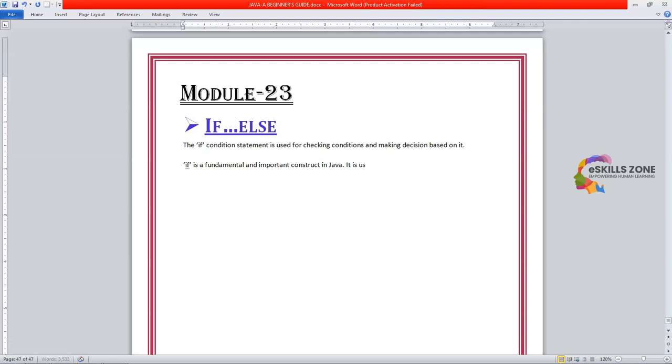It is used for making decisions based on a condition. There are three flavors of the if construct, and they are: